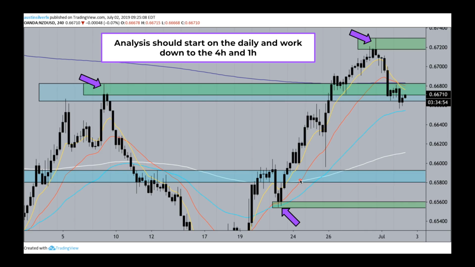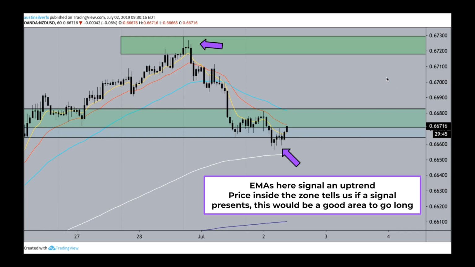Now, you take the daily analysis and take it down to the 4-hour and the 1-hour, and you can find even more zones. And when you layer these zones, as I did in different colors here, you can really start to see the areas that are going to be key levels, whether they are support or resistance. And then if they switch, which can happen often, you want to be aware of them regardless, so you can, again, confirm or deny your trade ideas.